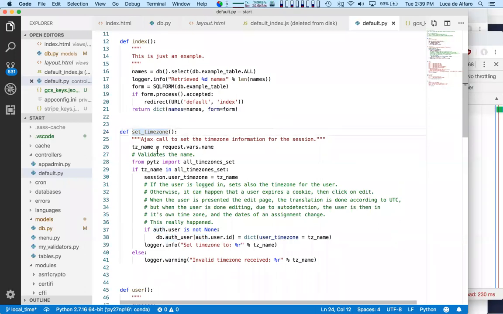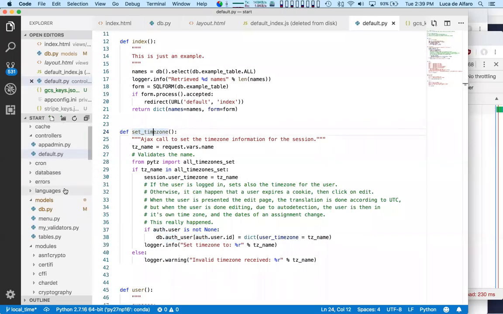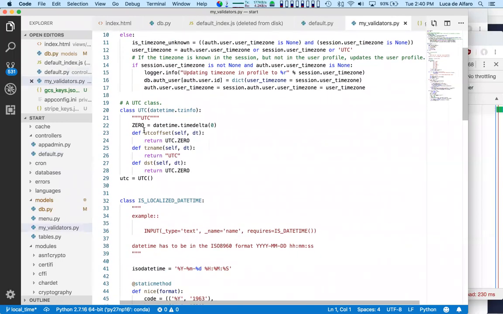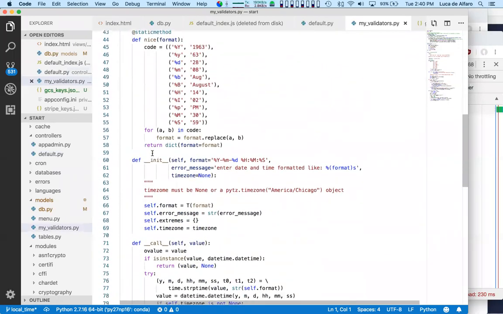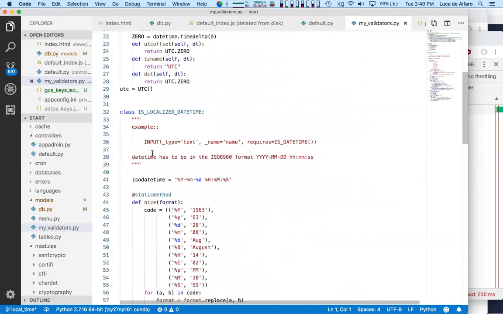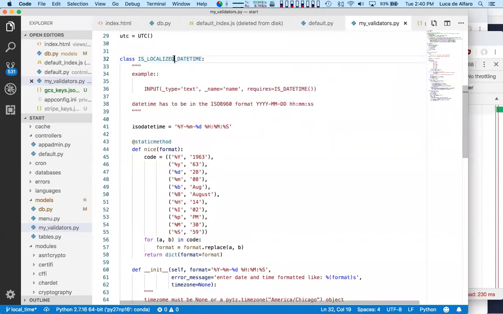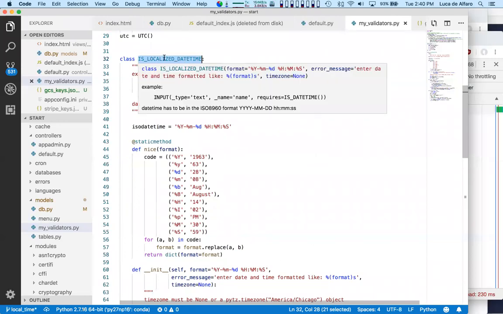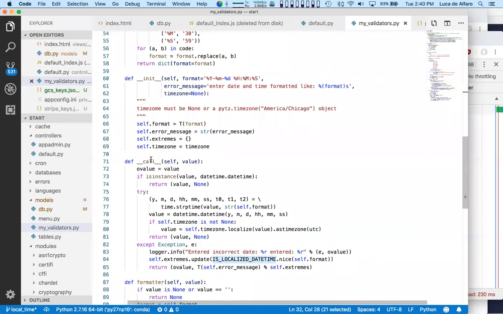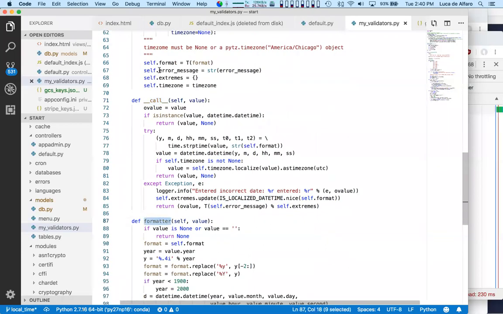So once I know the time zone in the session, what do I do with it? Essentially, I define these validators and widgets that do the translation to and from the local time zone. Okay, these are put here. I define a UTC class, and then I do... sorry. This is a validator, you know, like is int in range, and so I use is localized date time, okay? And this does essentially a translation, one via the method call and the other via the method formatter to and from local time,